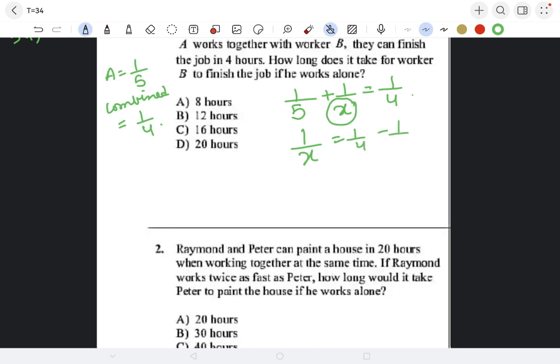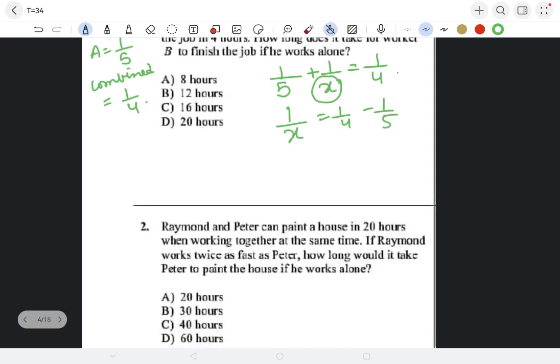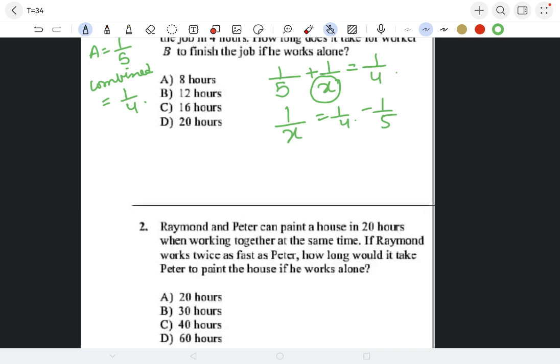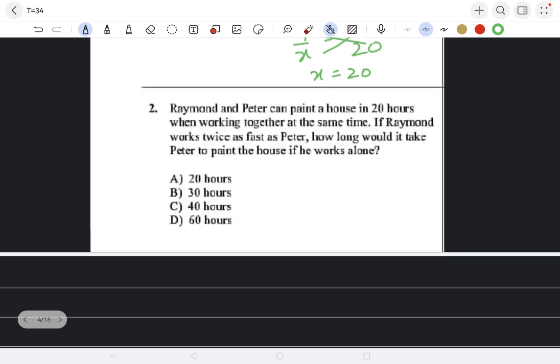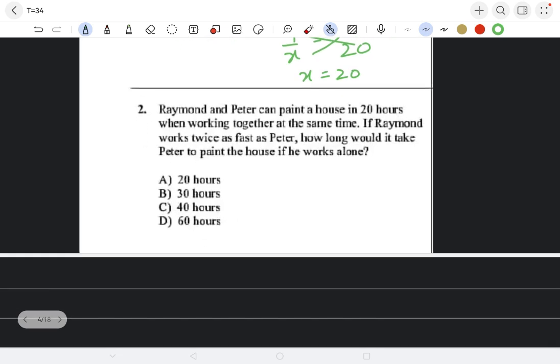Shift this fraction to the other side. It will be 1 over 4 minus 1 over 5. So multiply it. It will be 1 over X equal to 1 over 20. We want only X, so X will be equal to 20. Means option D is the right one. And this is how we have used our formula. Okay. Now question number 2 is: Raymond and Peter can paint a house in 20 hours when working together at